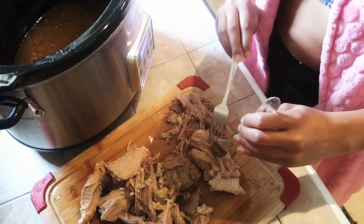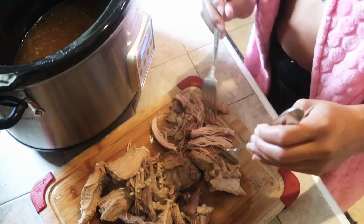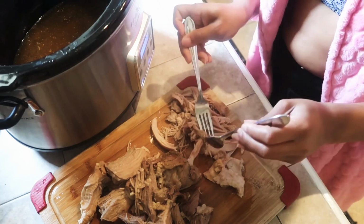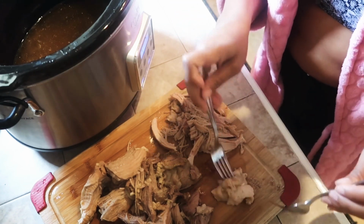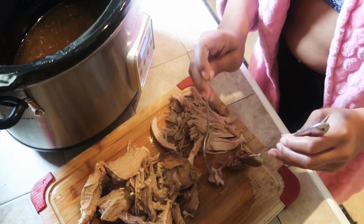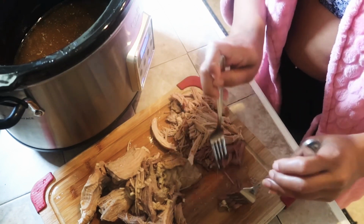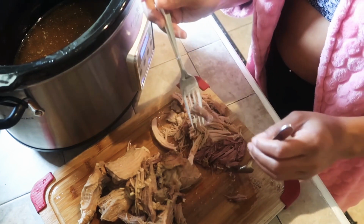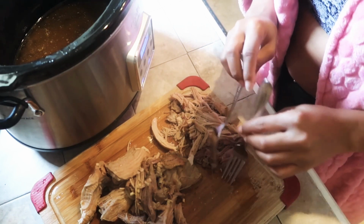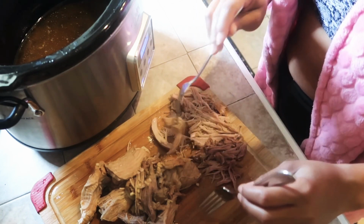So I put this on, I don't remember what time it was, like 9:30 I think, and right now it's 2:20. I don't want this fat. Remove that. This looks so good. Probably need some Lowry's though. Other than that,